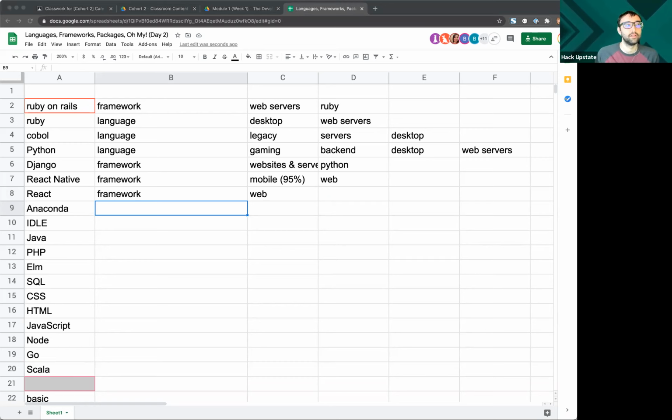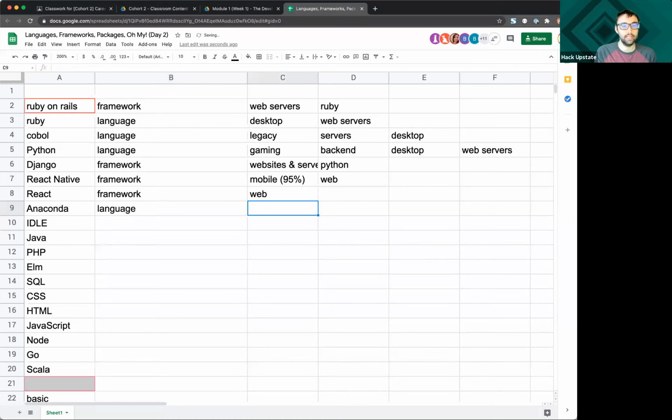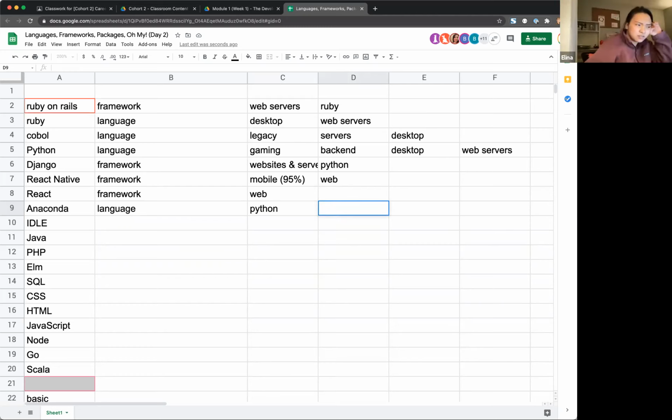Anaconda. What is it? Language. And it's a language. It is derivative of what other programming language? Python. And what is it used for? Or where is it used? Yeah, it's largely for data analysis.